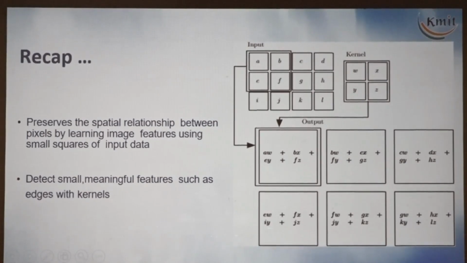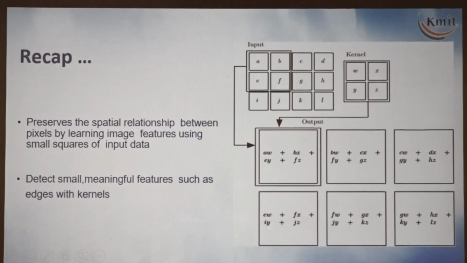The entire image will be analyzed by only, in this example, 4 weights. Actually, how many weights are required? For this image, 12 weights are required, because 12 pixels are there. Instead of that, we are using just 4. So weights are reduced, and these weights are analyzing the entire image, right? So that is the advantage here. We are reducing the number of weights and we are considering the neighbors: left, right, top, bottom, diagonal, opposite diagonal.